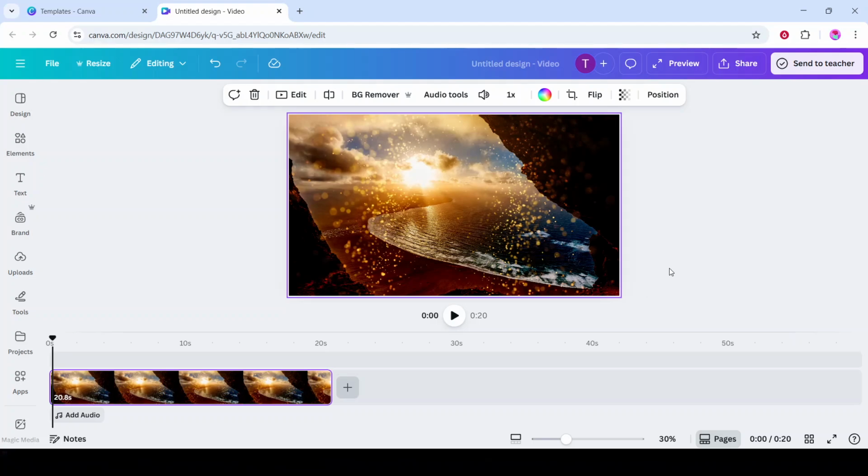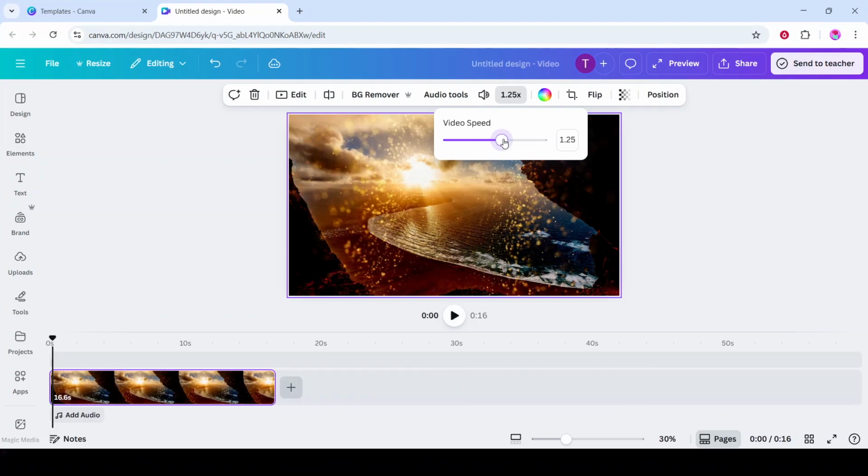Slide to the right to create a fast forward effect or to the left for slow motion. Move the slider slowly to fine-tune your exact speed, and watch the clip length update as you go. Tap play to preview the result, and adjust again if needed until the motion and timing match your vision. Just like on desktop, these changes affect only the selected clip, and setting the slider back to 1x returns it